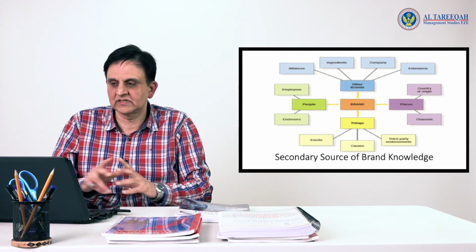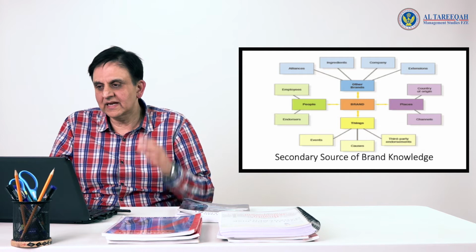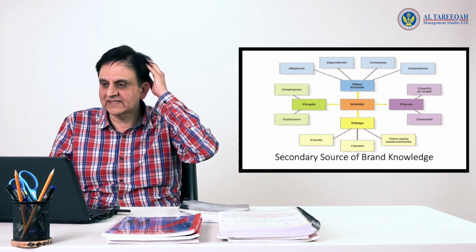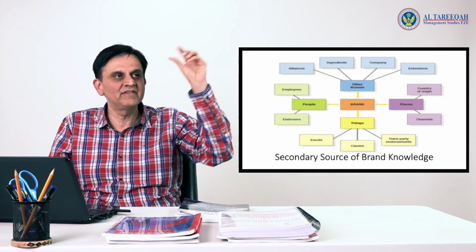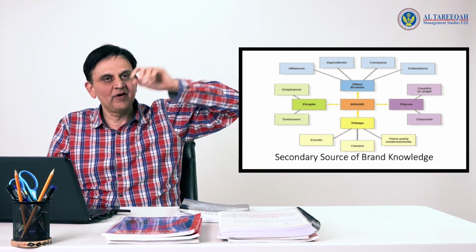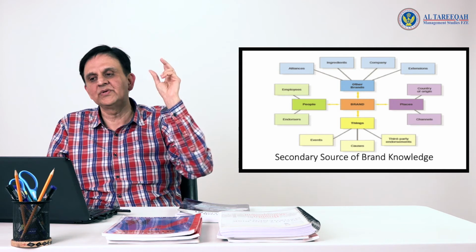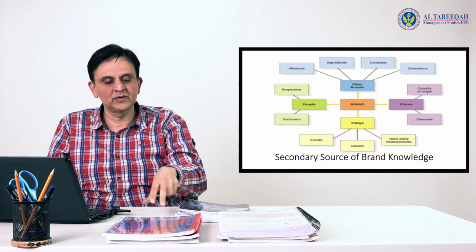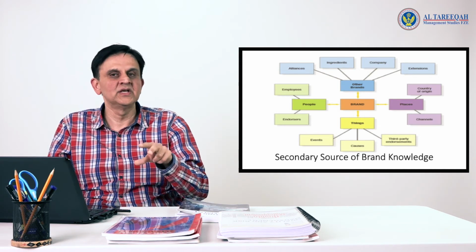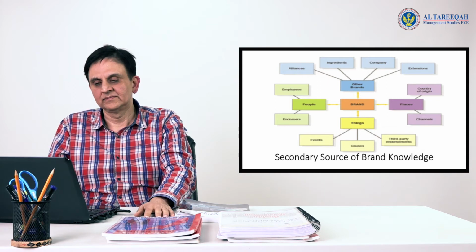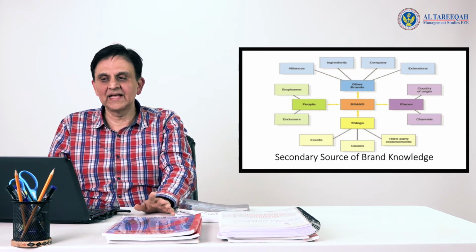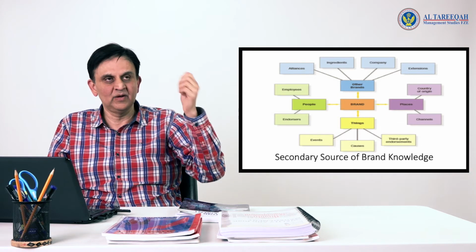For example, in some cases, country of origin does matter when you want to purchase a product, especially in the case of televisions. Then channels that are being used, and in the case of extensions, whether you must leverage your mother brand, like you have Mirinda and Mirinda Citrus, Mirinda Apple, Mirinda Green. So in this case, you've leveraged the mother brand to come up with extensions using that brand. Ingredients, alliances, and company, all these help you build a brand.